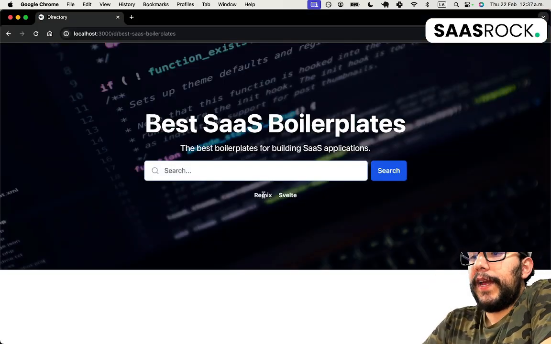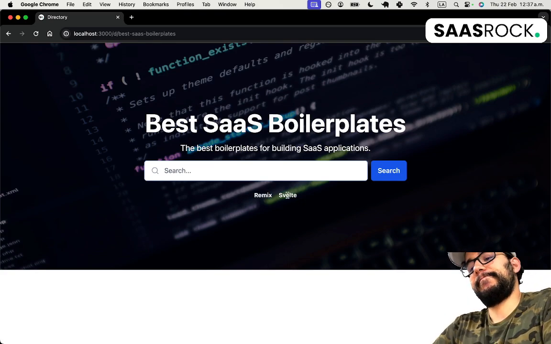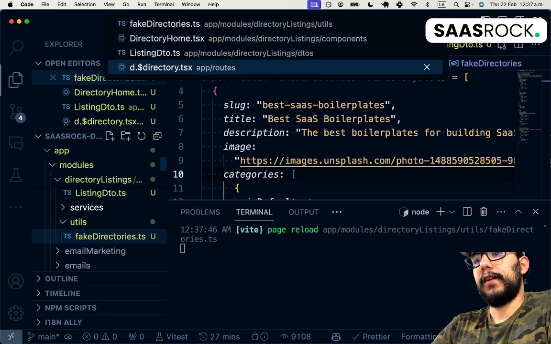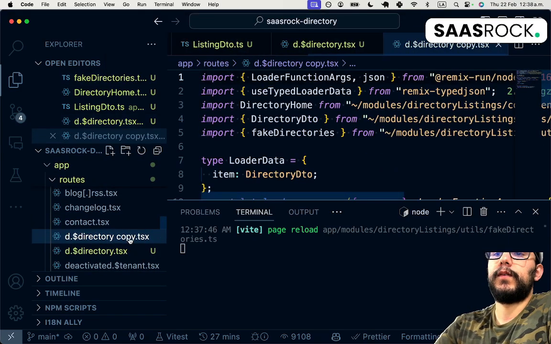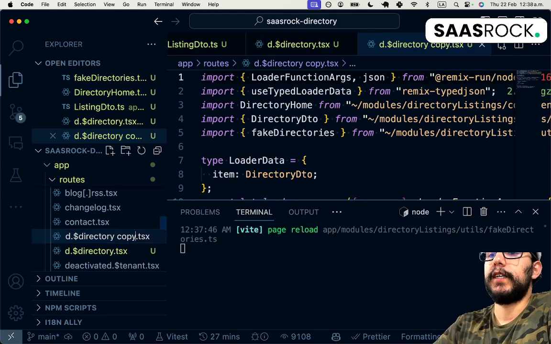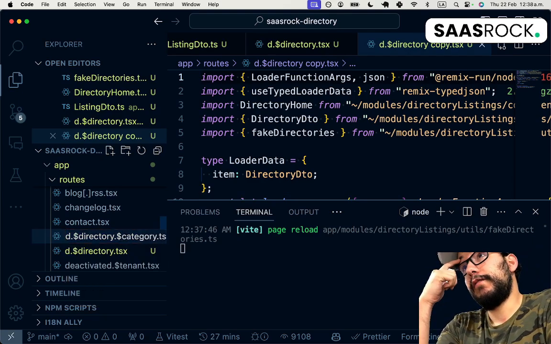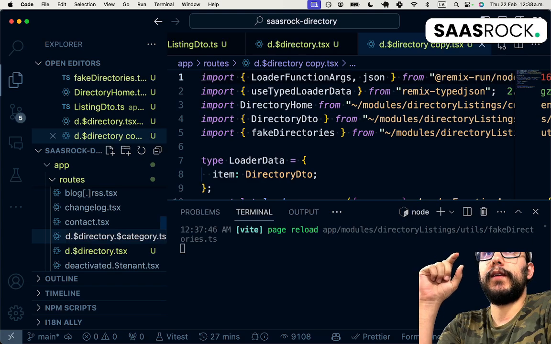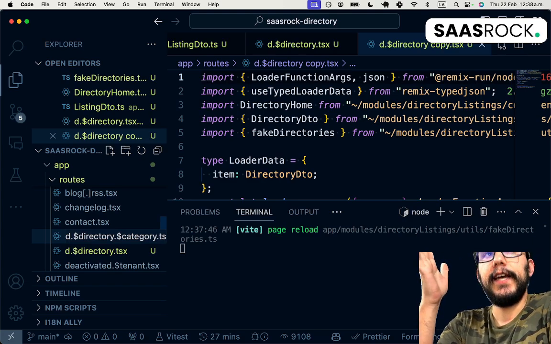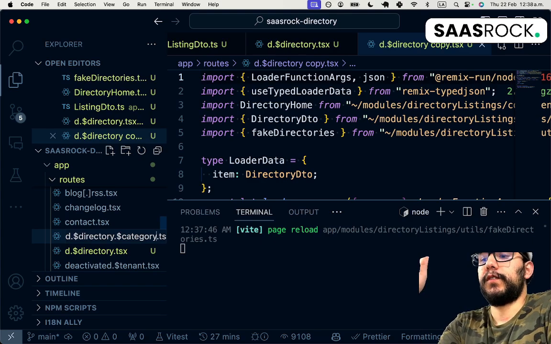Okay, so now we have Remix and Svelte. Before implementing this UI, we can create the other page, which is the directory category. But I'm not sure if I should add the category value, like framework and language first, and then the values, like category